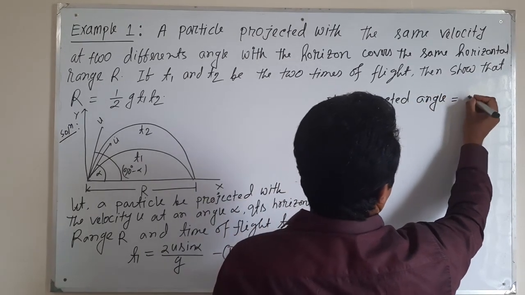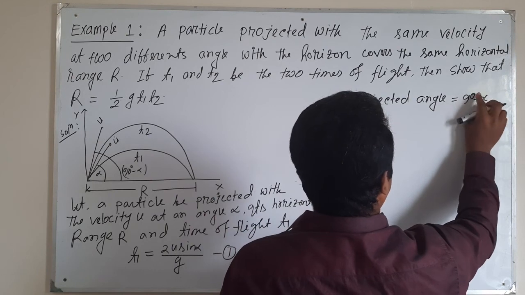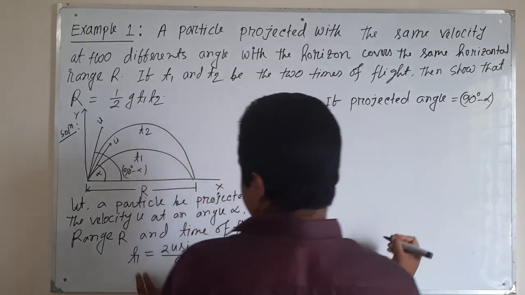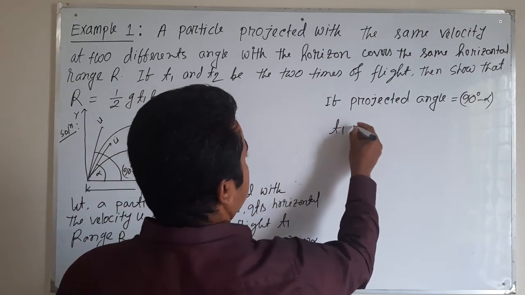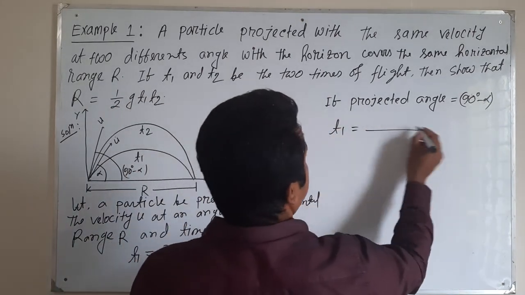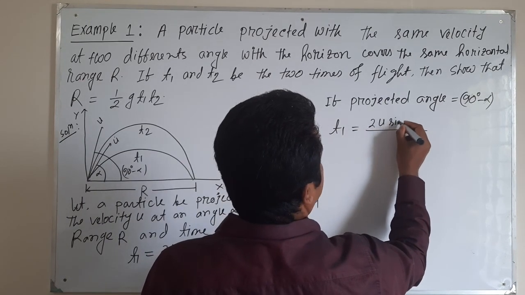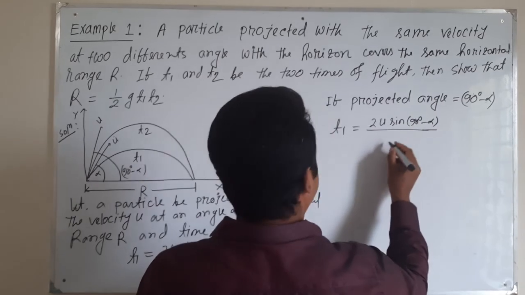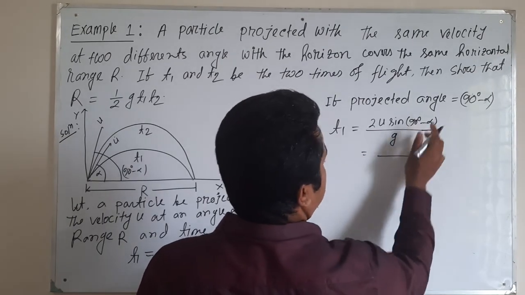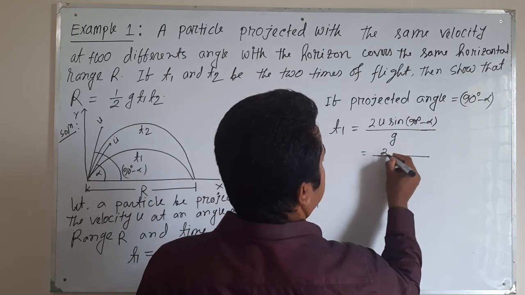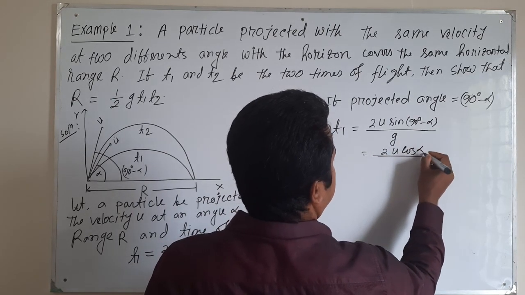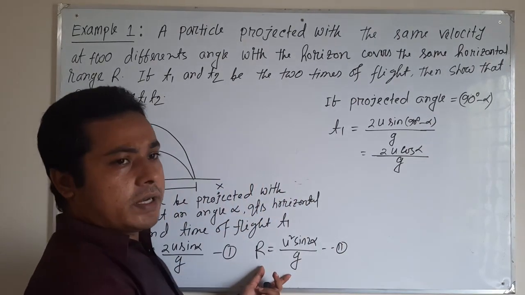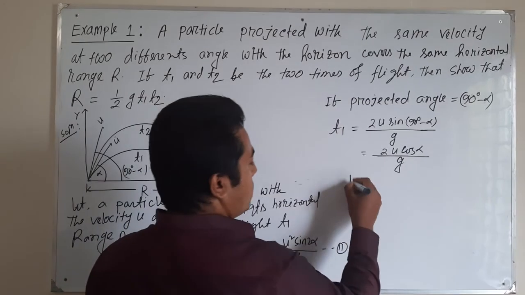Okay, now if the projected angle is equal to 90 degrees minus alpha, then the time of flight t2 is equal to 2u sin alpha replaced by 90 degrees minus alpha, divided by g. So by the quadrant, 2u cos alpha divided by g, this is the time t2, but the horizontal range will be the same. Now from equation 2,